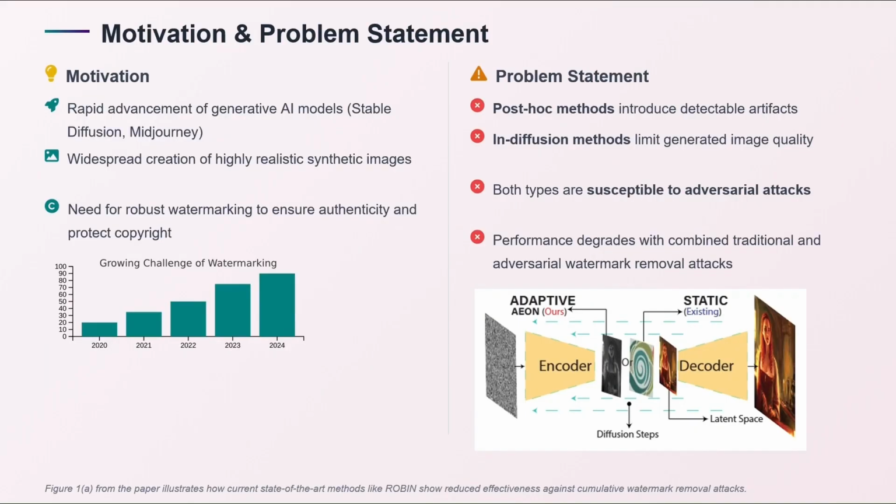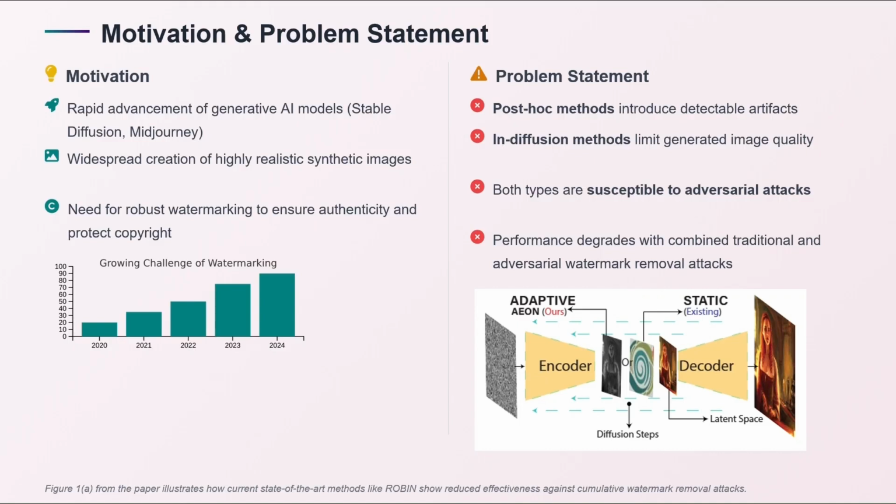My topic for today is AEON, which is a watermarking technique. As we know, AI generated contents are rapidly increasing and becoming more useful these days. People are using it easily and anyone can generate images that are highly realistic and hard to detect through the naked eye. They are realistic and widespread everywhere, and that's why we need a robust watermarking technique that does not compromise the image quality and also retains the watermark and can verify the authenticity and protect the copyright of